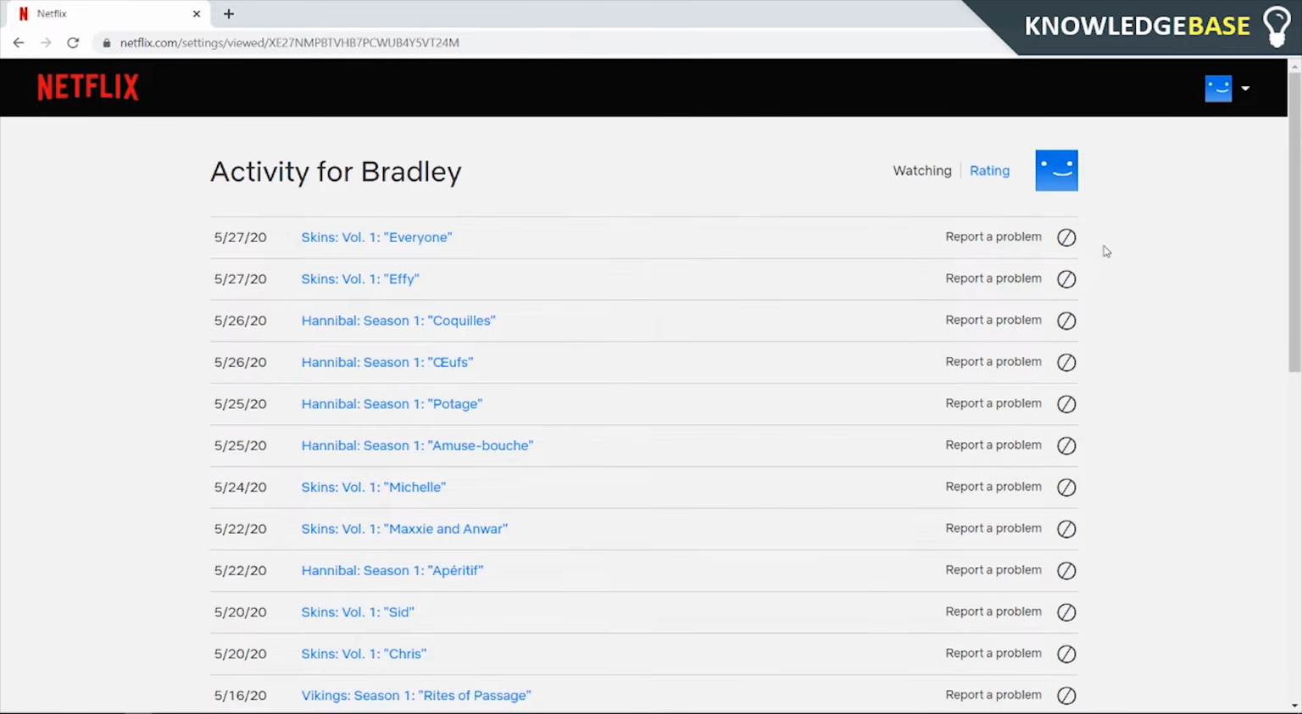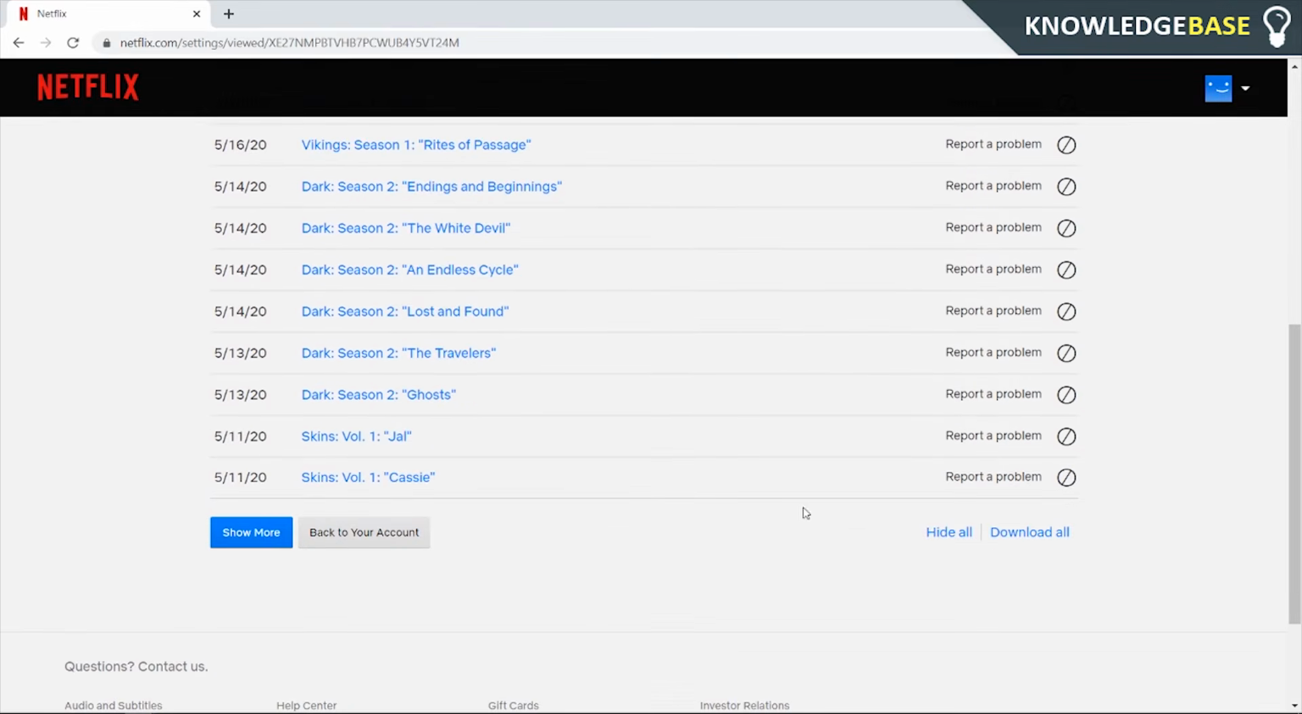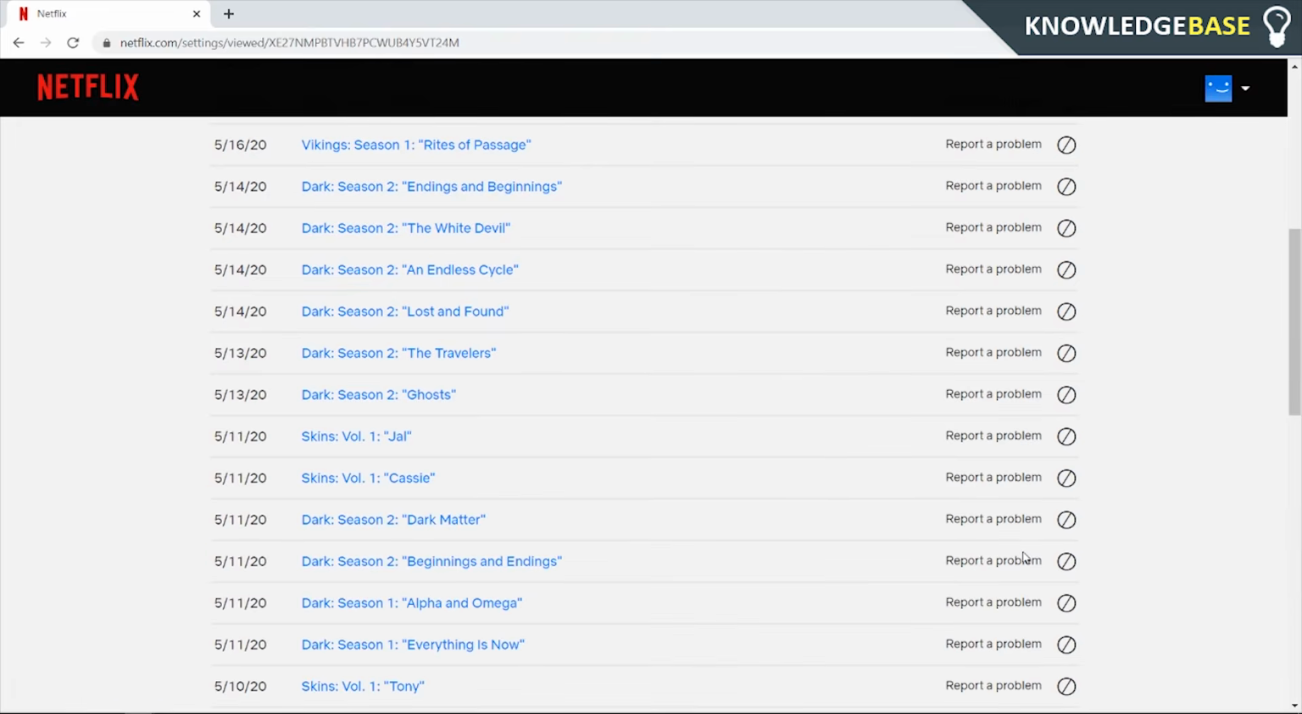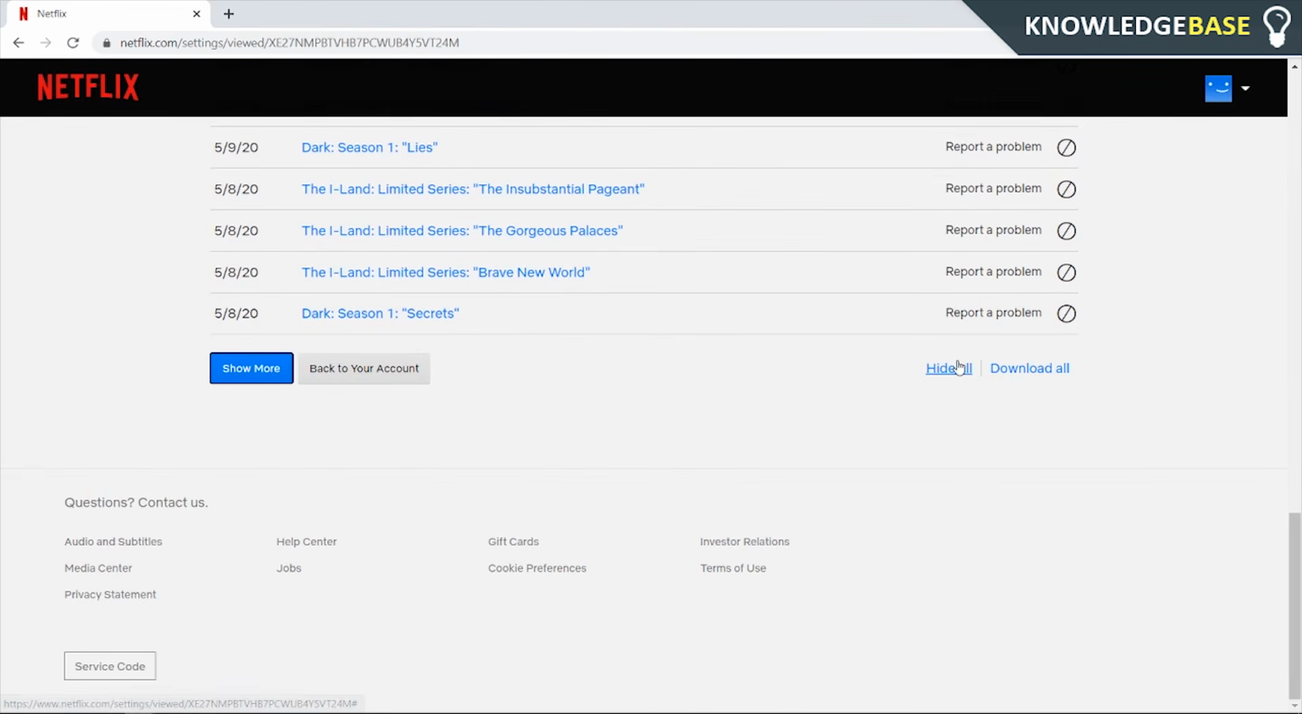Now you can individually hide these and say, for example, if you're getting recommendations based on you watching Skins, you can hide Skins and then you'll no longer get recommendations based on viewing that TV series, or you can scroll all the way down to the bottom and you can click show more and you can just hide all of them. So that's all you have to do to reset your Netflix